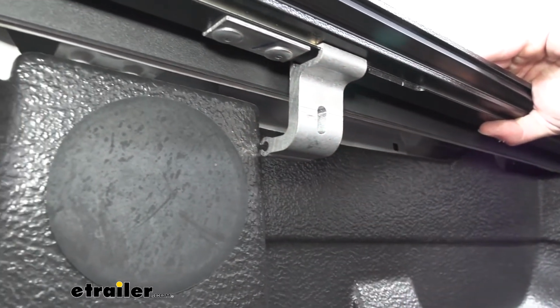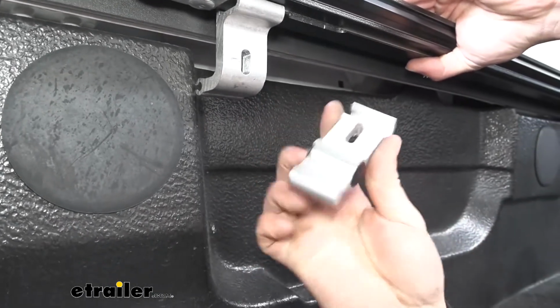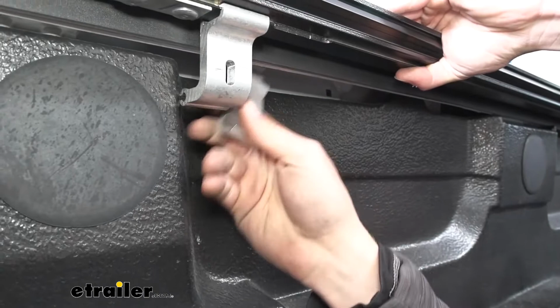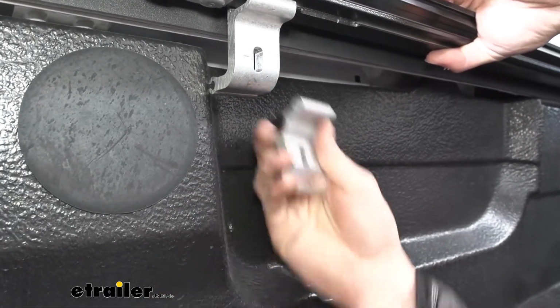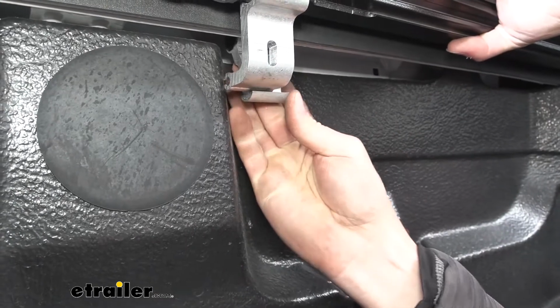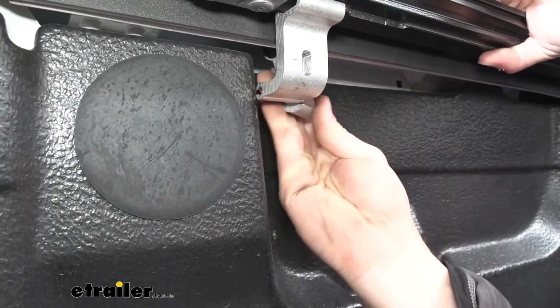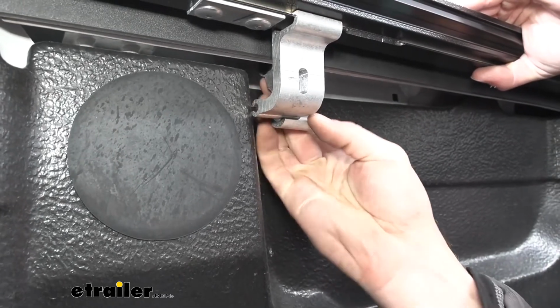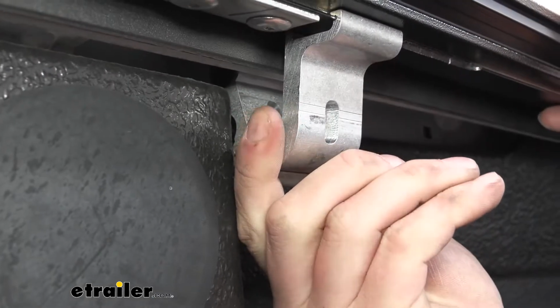Just like that. We're going to take our other piece here, and this big section is going to go over this section. We want to make sure that it's going to be able to flap towards the bed. Kind of line that up. Put it into place. Once that's in place,